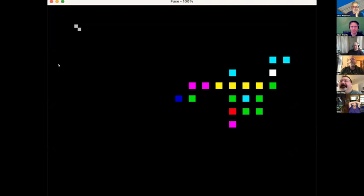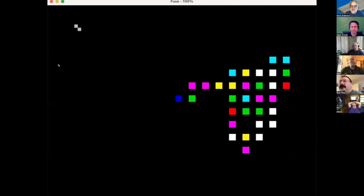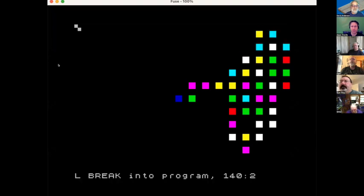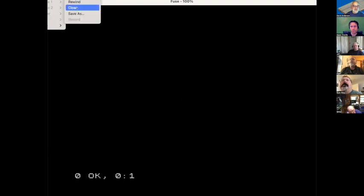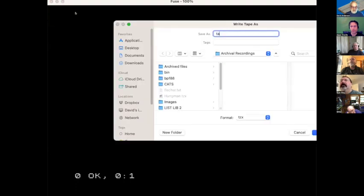I don't know what this program does other than generate these graphics. I think maybe I'm supposed to plug a joystick in, and that thing in the upper left moves. I've not spent much time looking at the code, but what I have to do here is close the WAV file and save this, and then it generates a cassette with just this one program on it. Unfortunately you can't see the menus here, but then I just go to the tape menu and save this as...